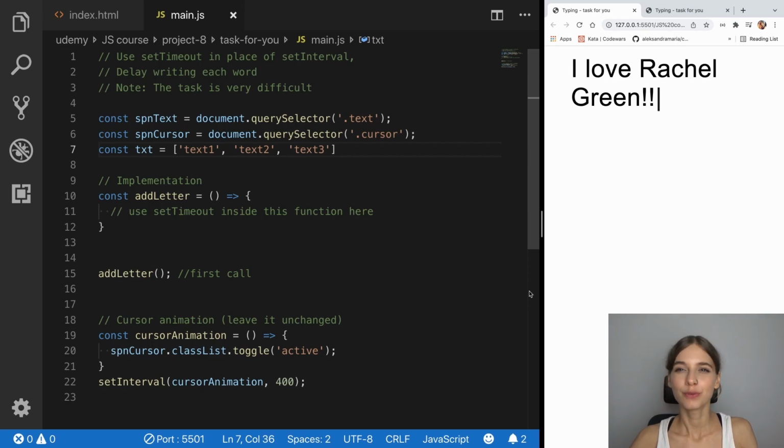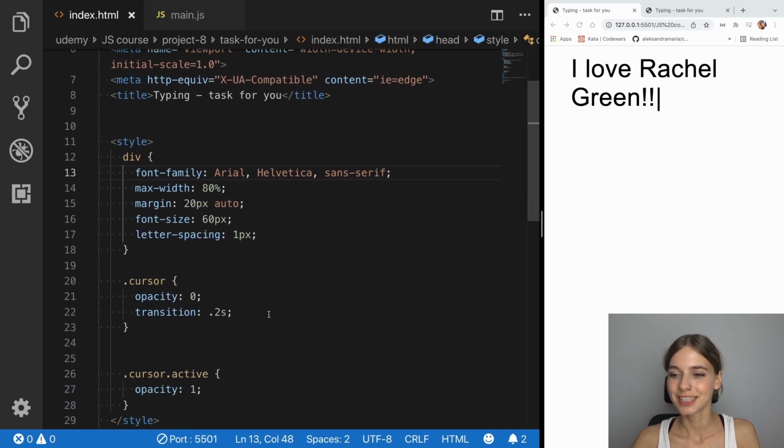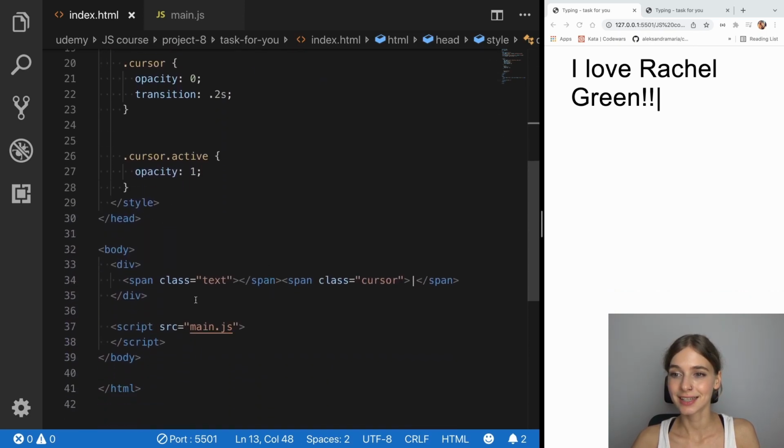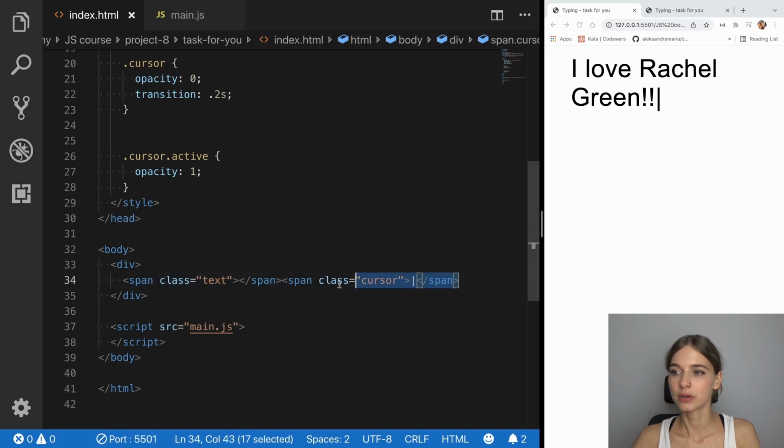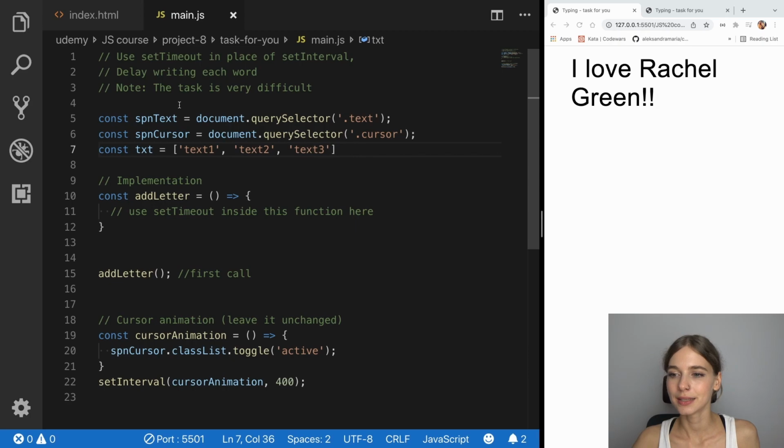Basically, first thing I'm going to show you is index.html. Pretty much nothing is changed here, just the font size slightly bigger so that we can see it better. And here exactly the same as we had, two spans, one span for the text and the second span for the cursor. We are not supposed to be touching this, not supposed to be changing any of these unless you feel like you wanted to. But our task here is